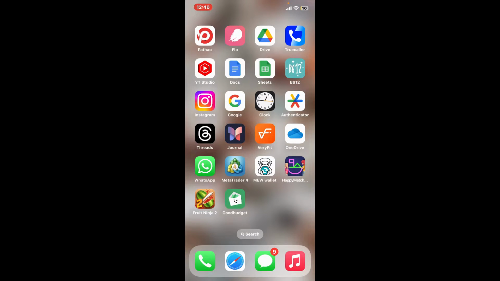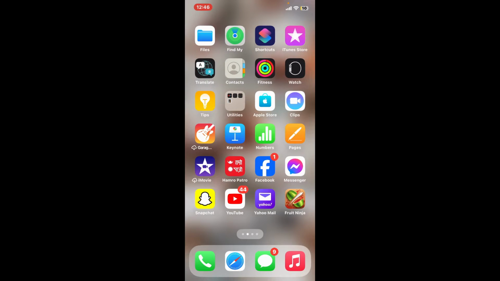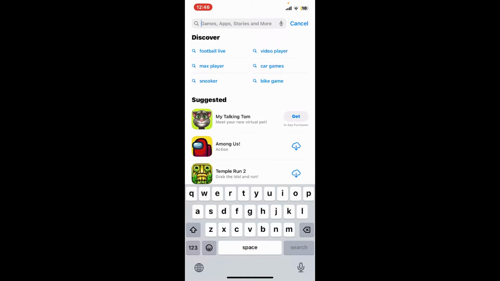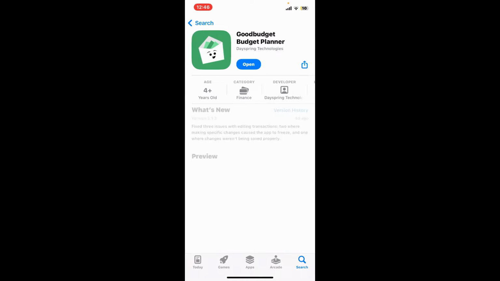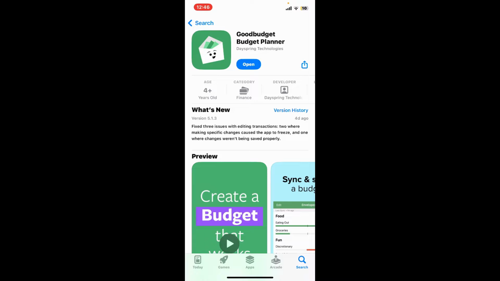First of all, open your App Store or your Play Store. In the search box, type in Goodbudget and search. Look for this application that says Goodbudget Budget Planner. If you see an update button on this page, simply tap on Update to download the latest version of Goodbudget